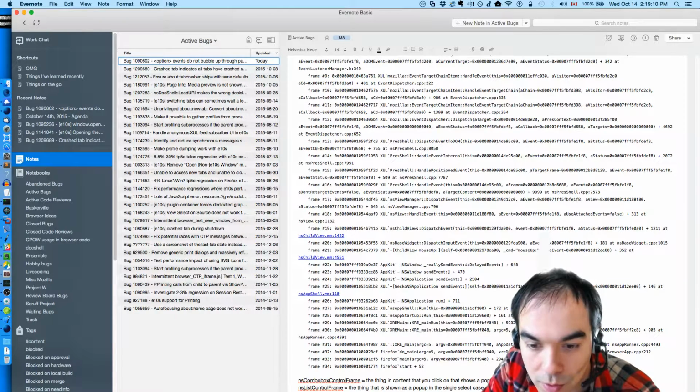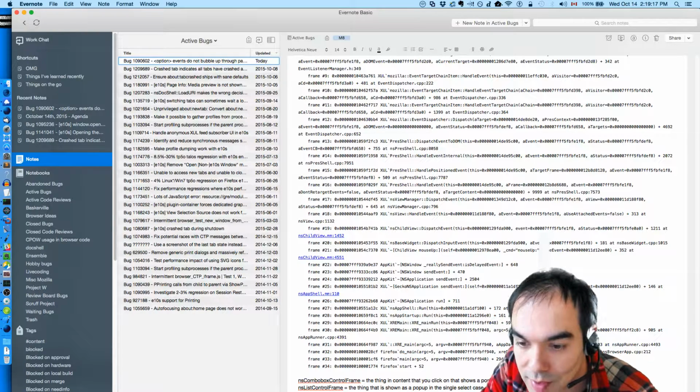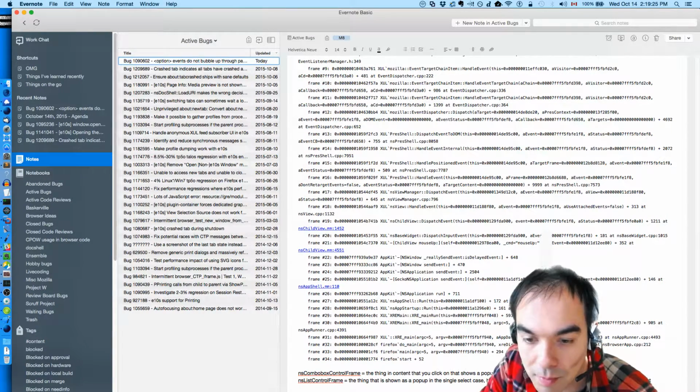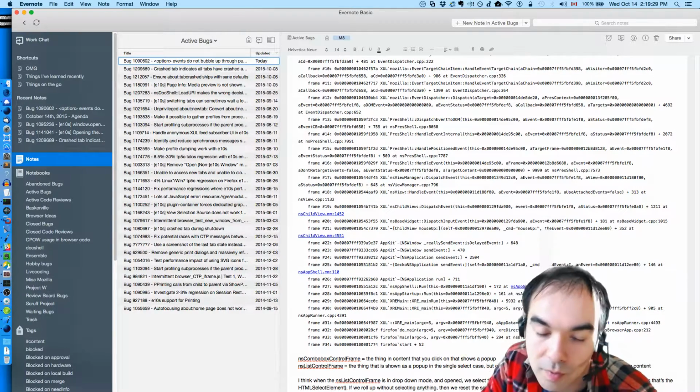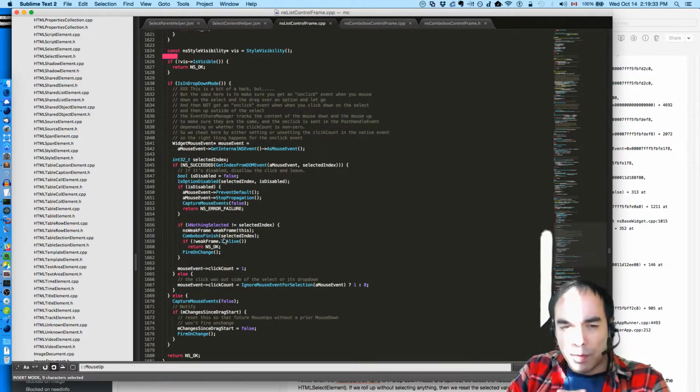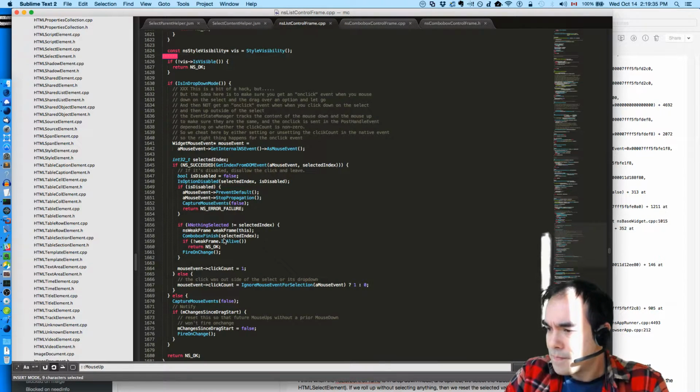Update selection and do combo box finish with the selected index, which causes us to redisplay, to update the displayed index in the combo box. Okay. And then we fire on change.